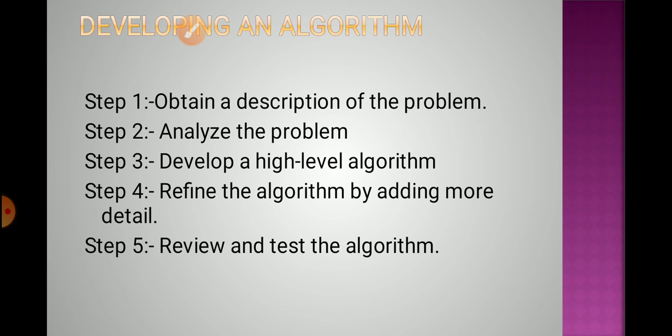The development of an algorithm is a key step in solving a problem. Once we have an algorithm, we can translate it into a computer program in a programming language. As I said earlier, to write a program, first we have to analyze the problem, how to solve it. We have to write the steps for solving the problem. Then the steps can be converted into a flowchart, and then it can be converted into a program in a programming language. So the algorithm development process consists of 5 major steps.